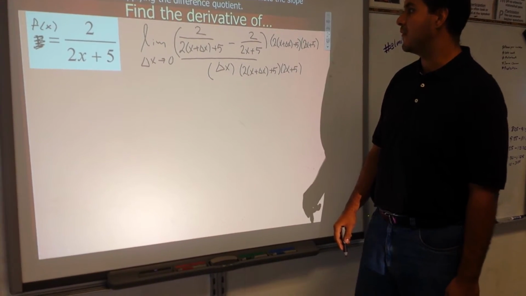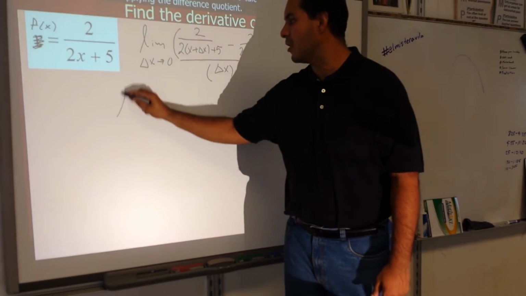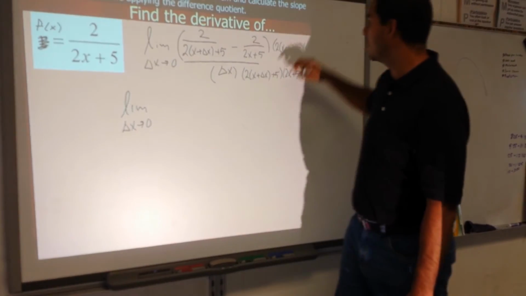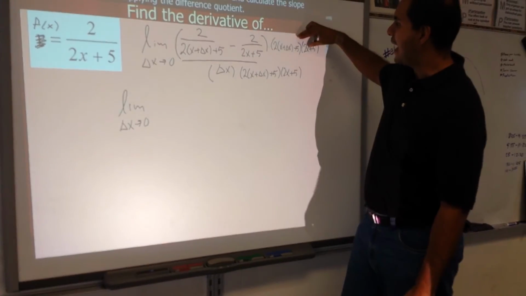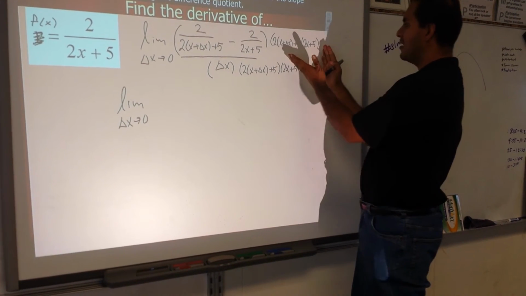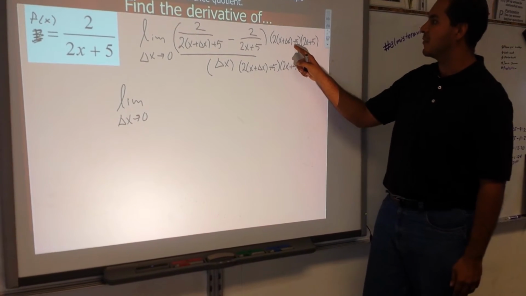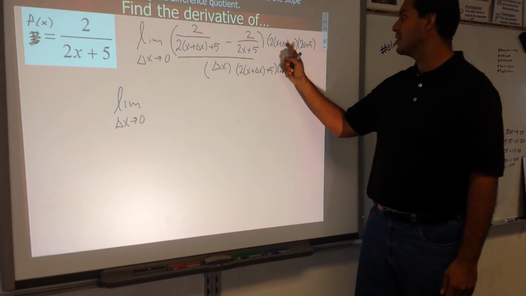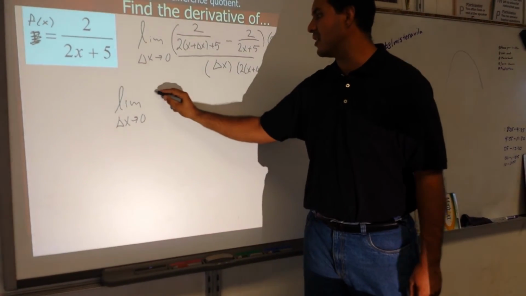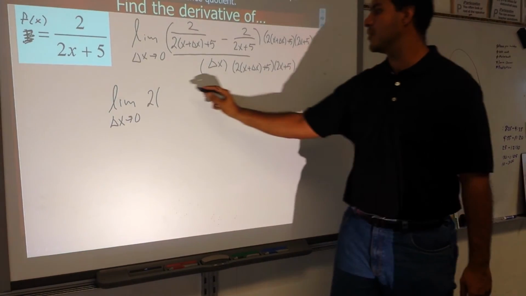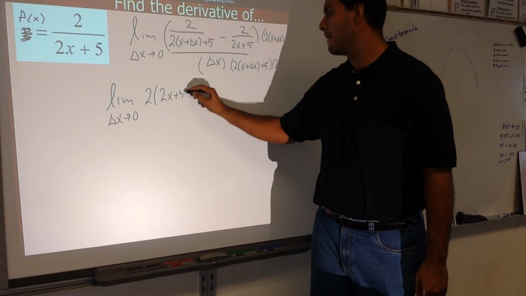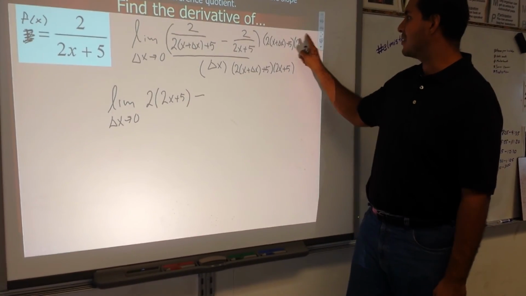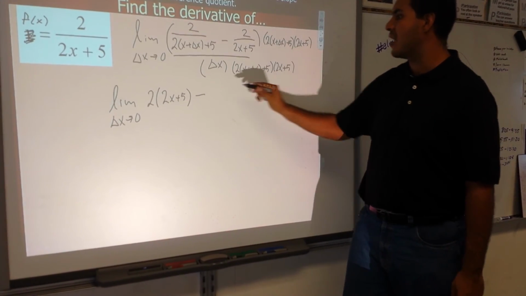Times 2x plus 5 there. In doing so, the following is going to happen. Now that thing that I'm going to multiply by is going to distribute to the numerator here and here. When you multiply this whole 2 times x plus delta x plus 5 times 2x plus 5 to that first term, these cancel out, and you end up with the 2 that's there in the numerator times 2x plus 5 minus, now that's this minus here. When I multiply this times this, the 2x plus 5's cancel out, and I'm left with 2